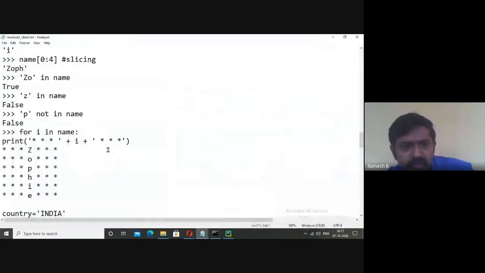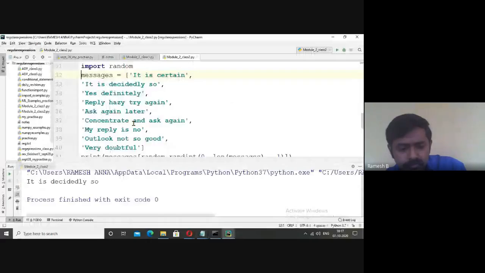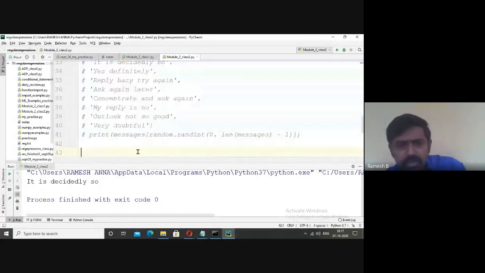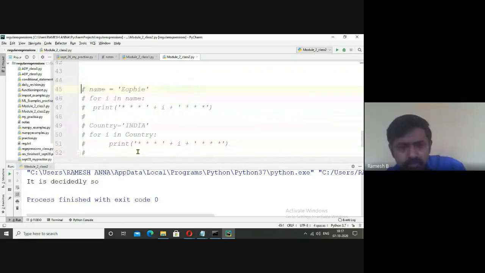Now similarly, this is one of the examples where we can get all the elements by using a for loop. We can get all the elements of the string name by using a for loop. I have already typed this. I'll uncomment this.